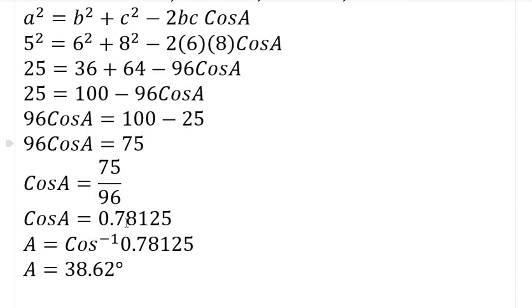It's just like bringing it up. Inverse cos of 0.78125. If you put it in your calculator, you can get your angle, which is angle A, to be 38.62 degrees. So that's our answer, fulfilling the two conditions,